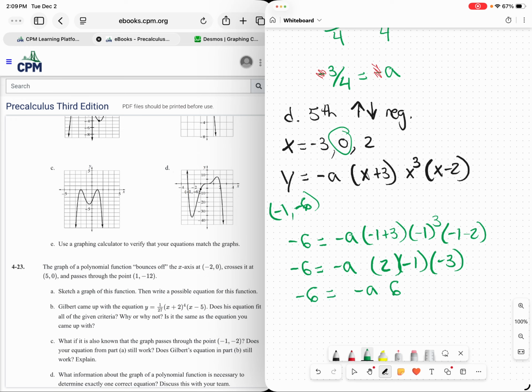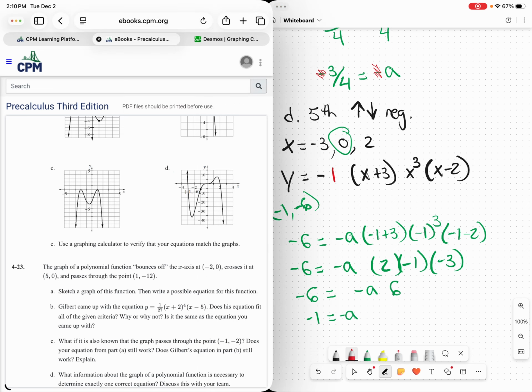So again, if we solve, we get negative 1 equals negative a, or a equals 1. So we can come back up here, and we know that that a is just a 1. Okay? So now,